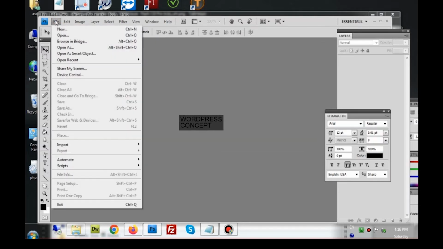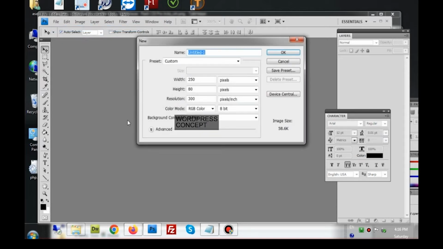So we go for File and New. Most of the time the size of the logo is almost, the width is 250 and the height is 80. That depends on the client's requirement, how big the client wants the logo to be, but for now we are using 250 px, meaning pixels.